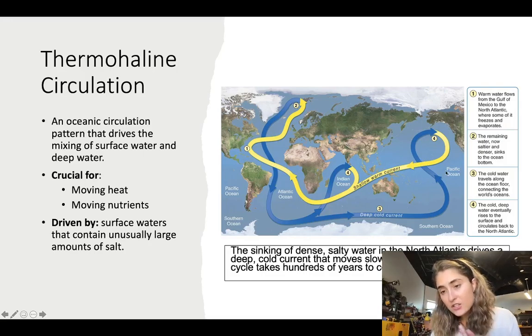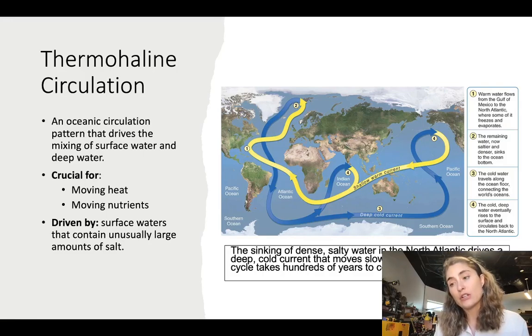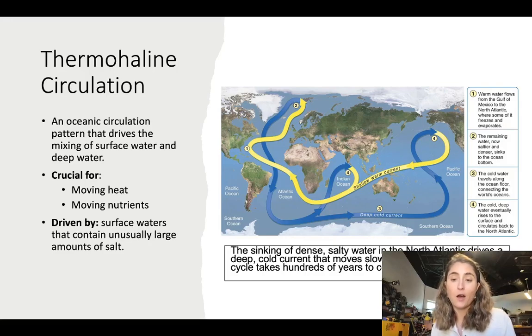That exchange occurs as we get closer to the equator, and as we see interactions with surface ocean currents, so places where things like upwelling occur. So this is called the Great Ocean Conveyor Belt, or thermohaline circulation. Really important for bringing cold, deep water nutrients up to the surface, and really important for